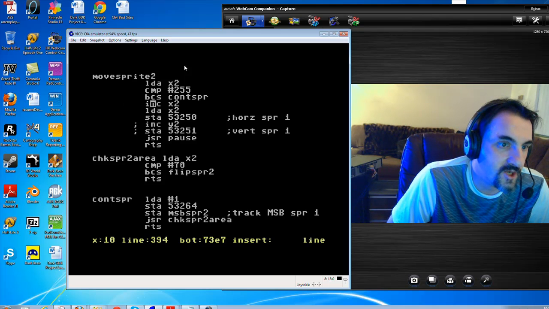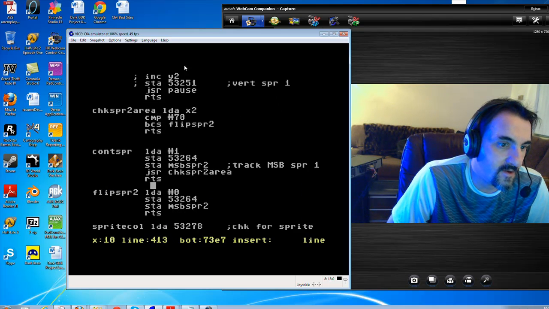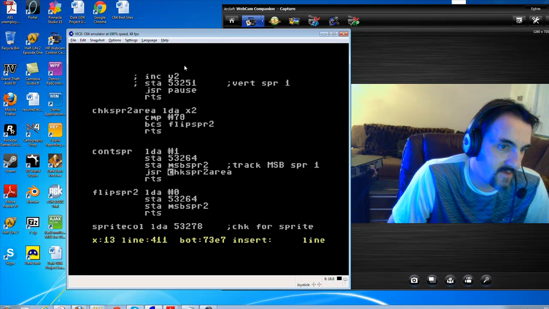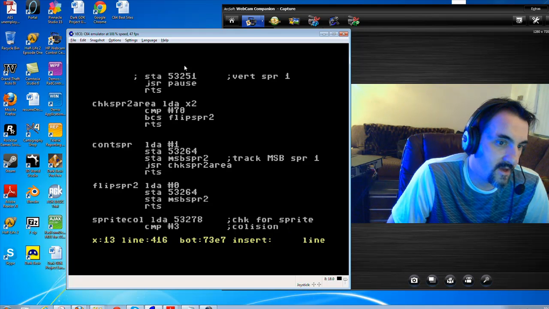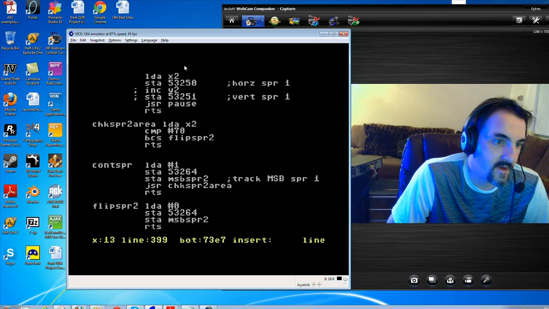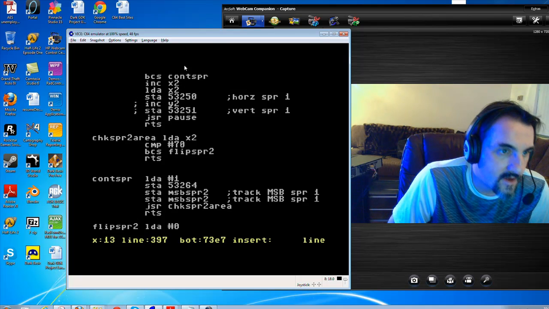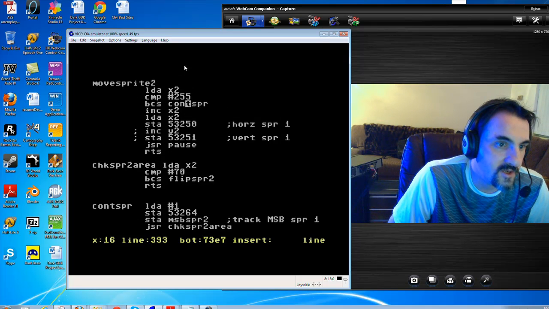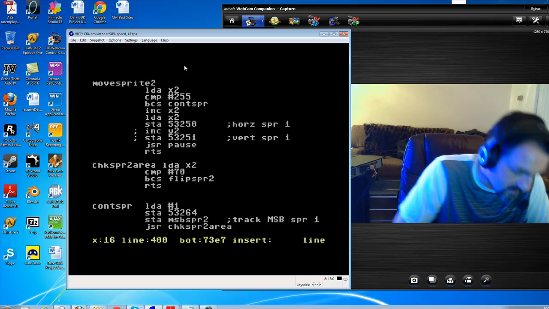Okay, so now we're checking 255. We're going to be able to go down and check this routine. Now since the MSB is set to 1, we're going to go in and check to see where 70 is at. So that should work. If it gets greater than 70, then it should flip it back here to 0, and set MSB back again. So trying to see, this is 255 X2. It might not work, but